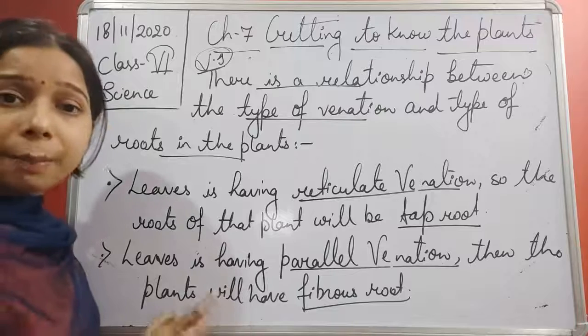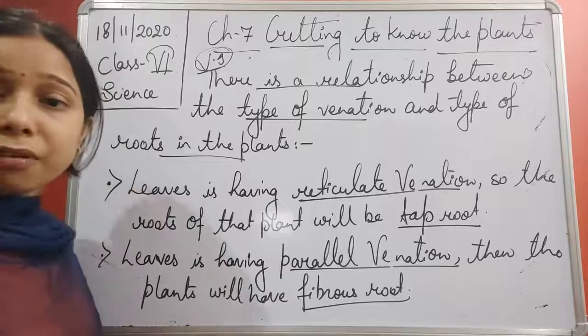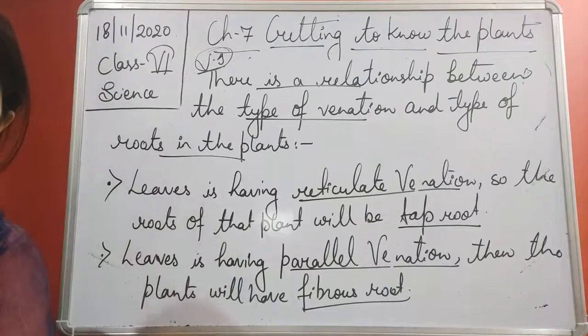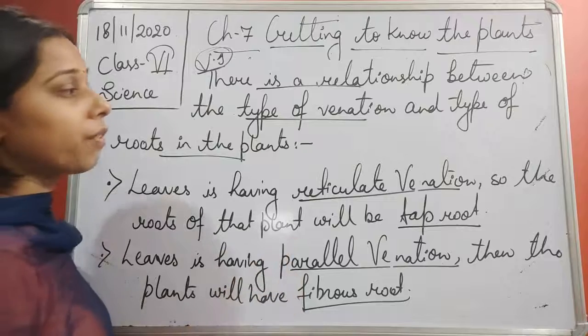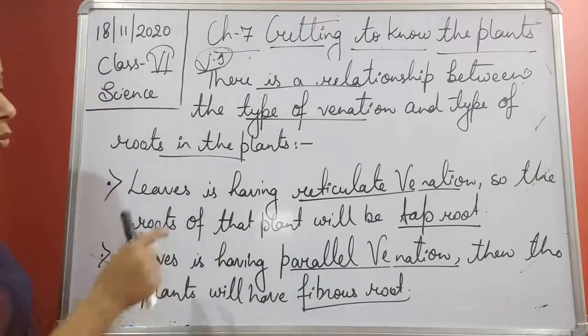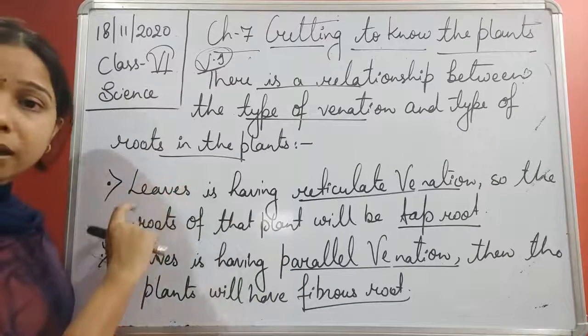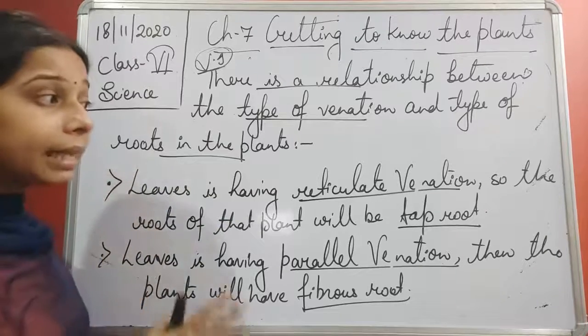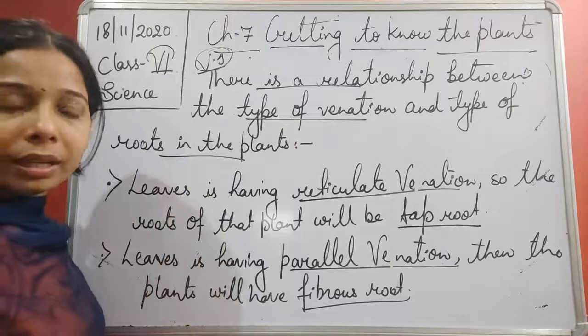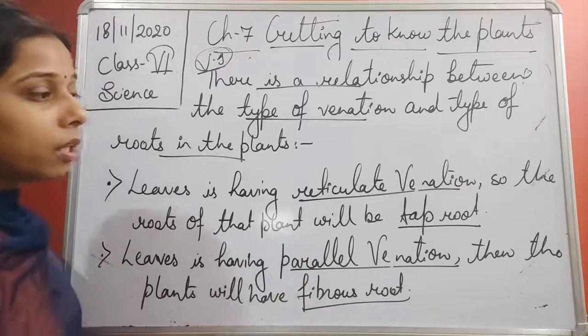If it is having the parallel venation, we will say it will have a fibrous root. Okay, so this is the relationship between the different types of venation and different types of root in the plant. Different types of root are tap root and fibrous root. Now, by looking at the leaf itself,